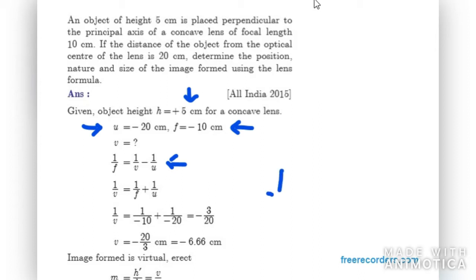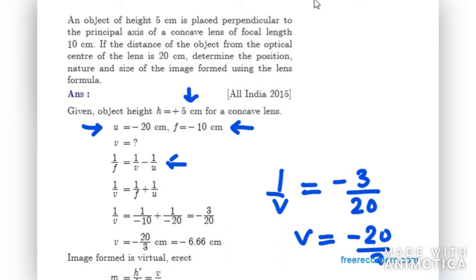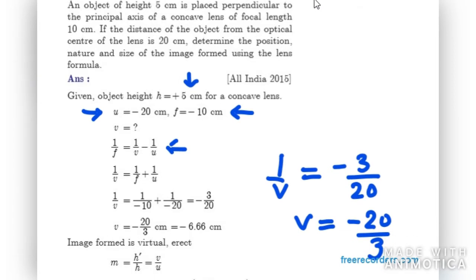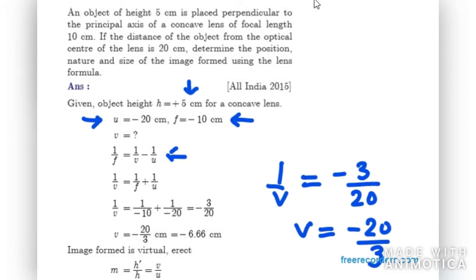So 1 over v equals minus 3 over 20 and v can be written as minus 20 over 3 using cross multiplication. So it is minus 6.66 centimeter. Now the image will be virtual and erect as according to v we observed,